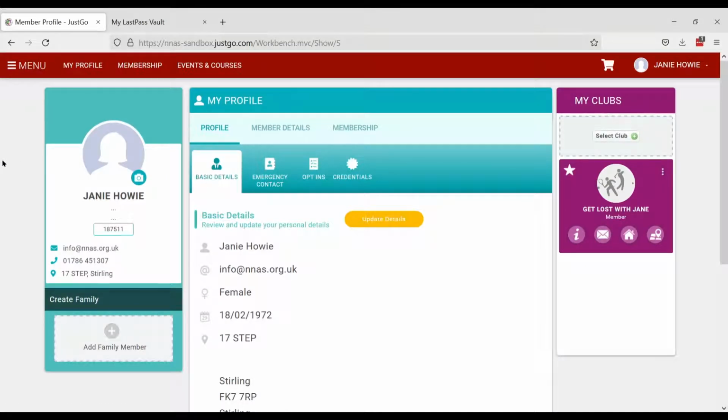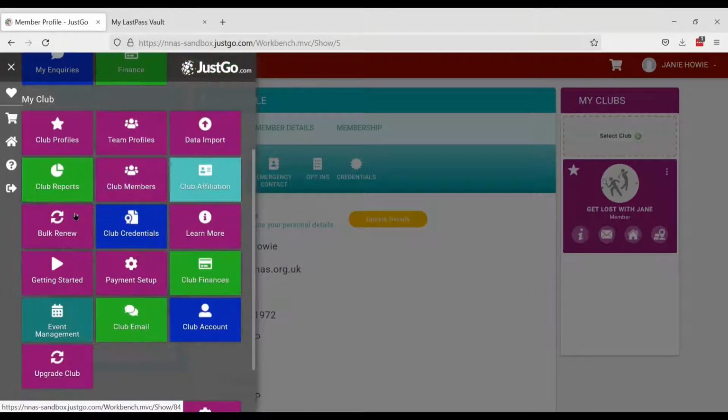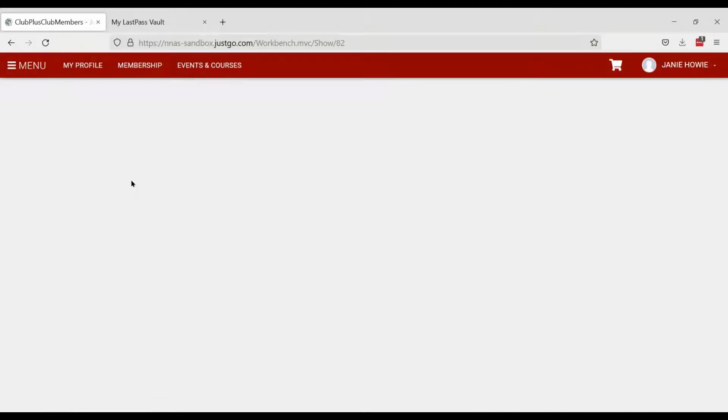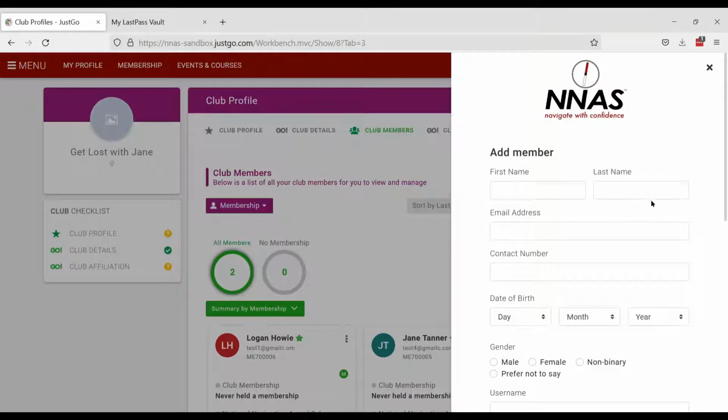If the candidate is new to NNAS and does not have a user account, you can add them one by one in your club members area. So you open menu, you scroll down to club members, here we can add a new member, and this is where you input their information: